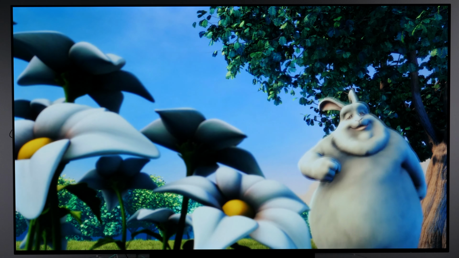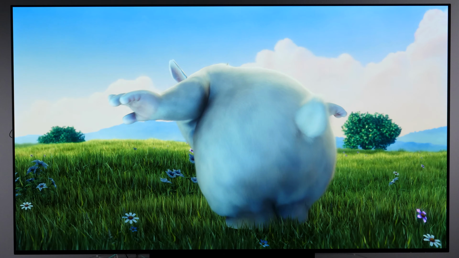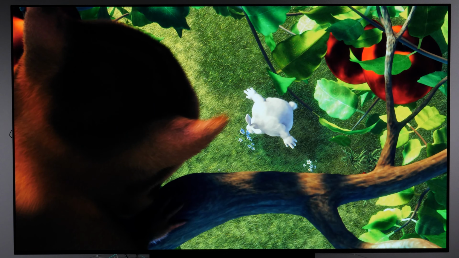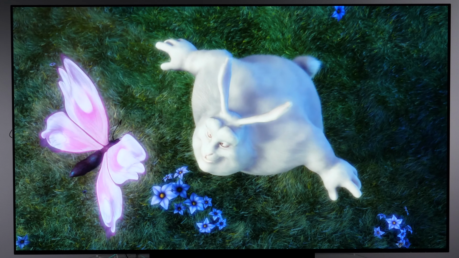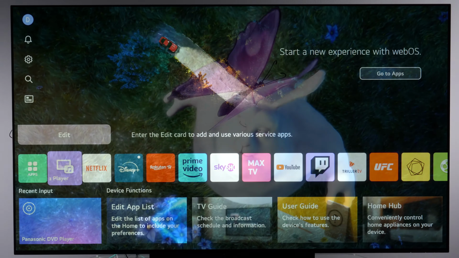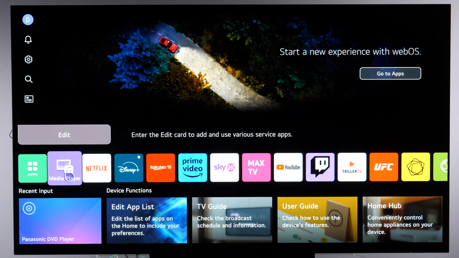Hi, this will be a quick demo of media player built into webOS TVs. Specifically, this is LG's C4 OLED, but you can see the same media player and same functionality on other LG TVs. So, media player can be accessed through the icon right here in the home menu,